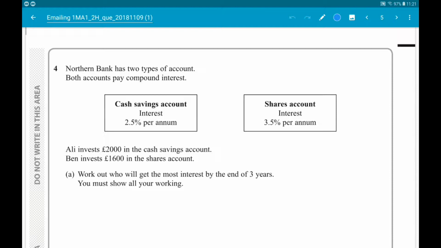We are told that Ellie invests £2,000 in the cash savings account. Ben invests £1,600 in the shares account. We want to work out who will get the most interest by the end of 3 years, and we must show all our working. Okay, so for Ellie,